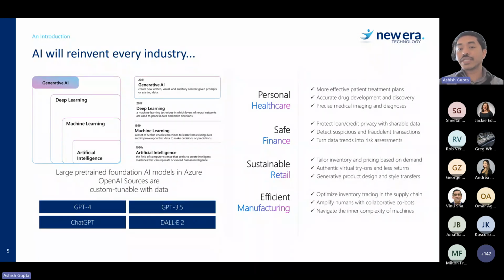So retail and manufacturing industries can tailor their inventory, they can tailor their pricing, they can generate different product designs based on ever-changing marketing needs. Similarly, in manufacturing, they can again optimize inventory tracing or amplify human and collaborative cobot. So a lot of use cases are there for these industries,